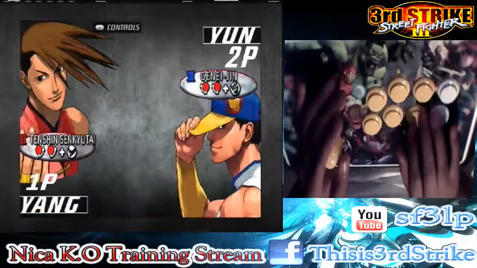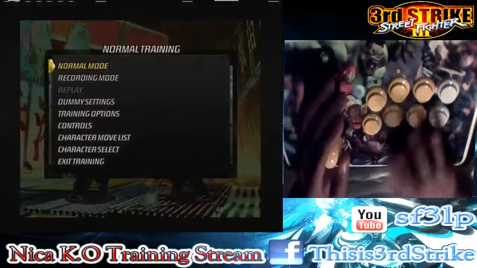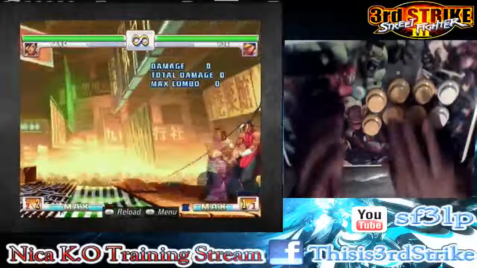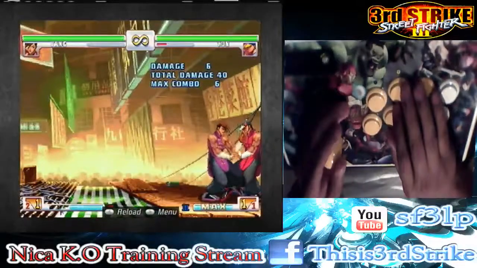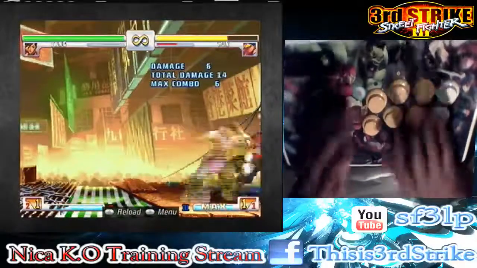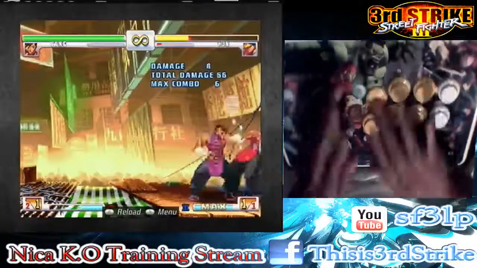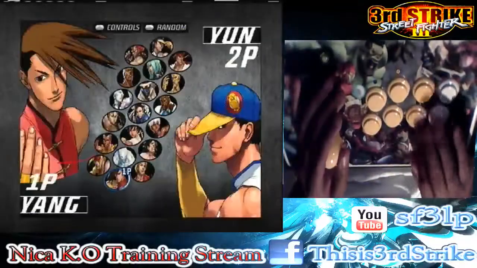So now with the characters that have the quickest recovery, as you can see, he has too quick of a recovery to do anything. Now with the slowest recovery,